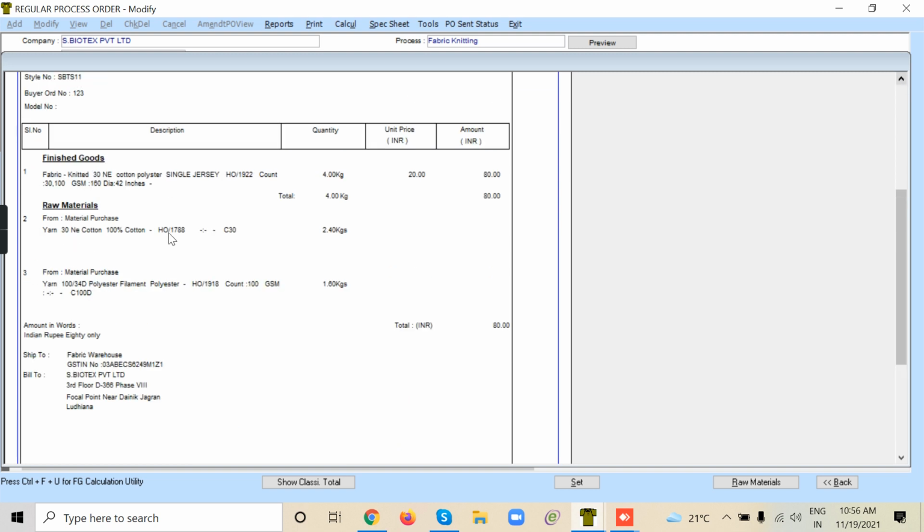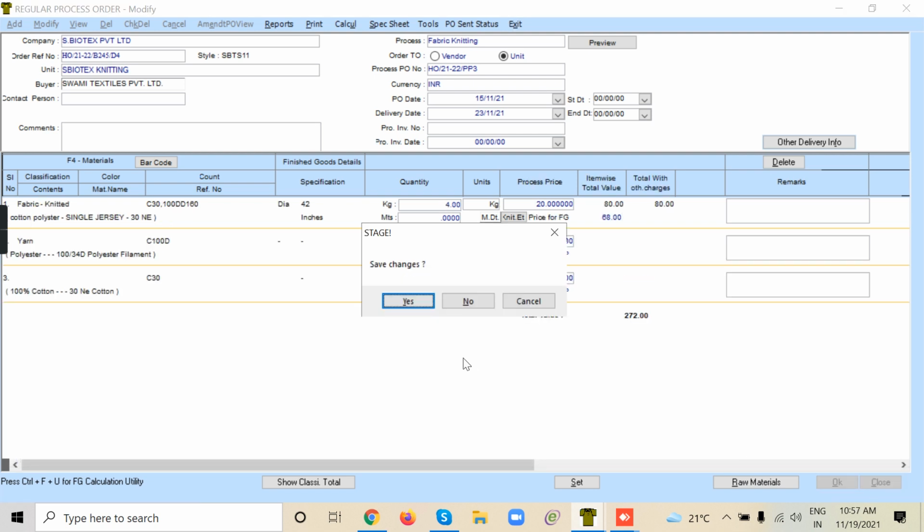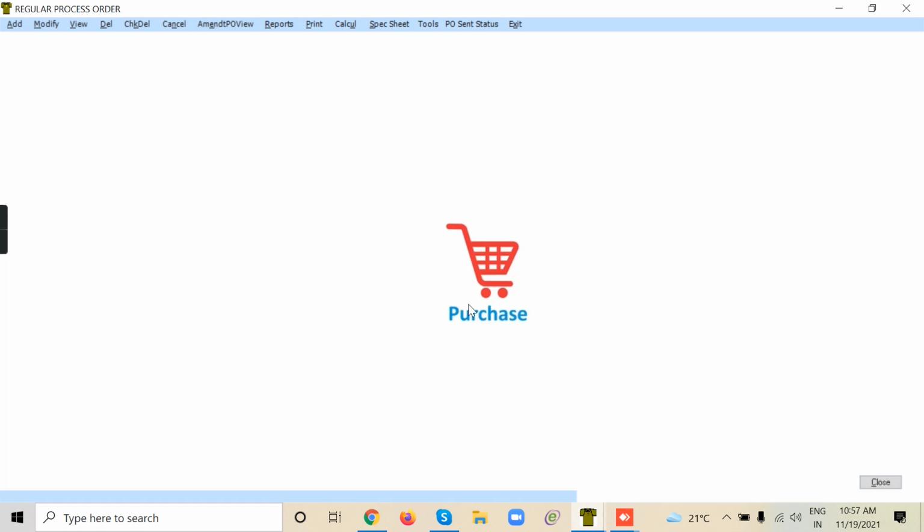These are the finished goods, these are the raw materials, and you have the price and total amount. So these are the purchase orders that will be done in the system.